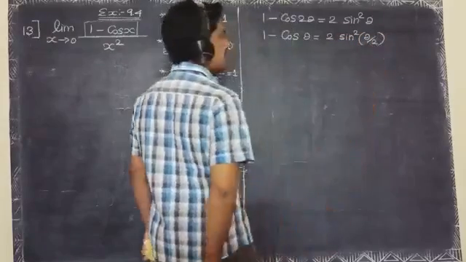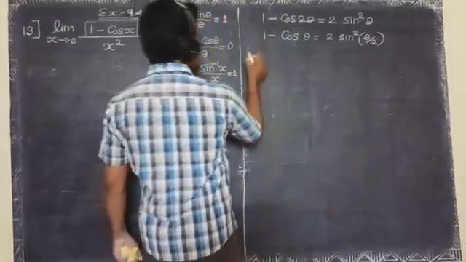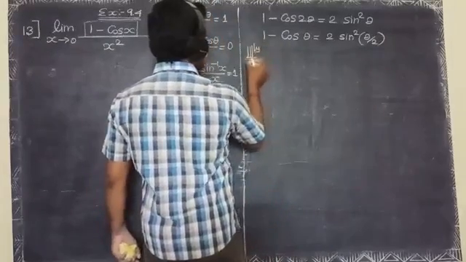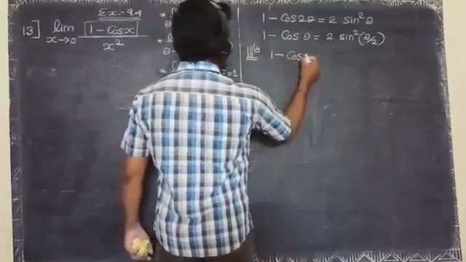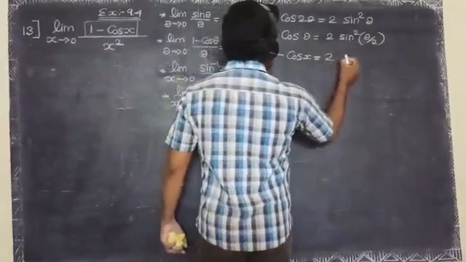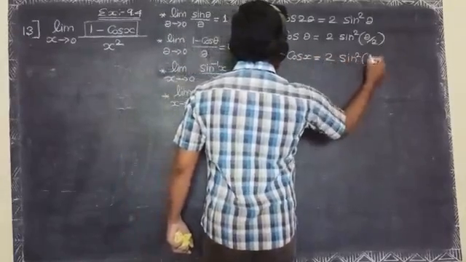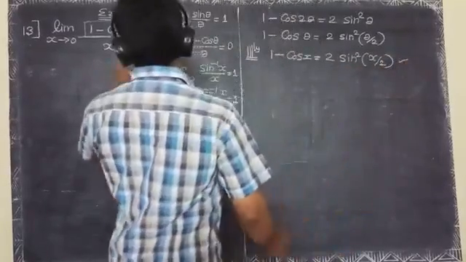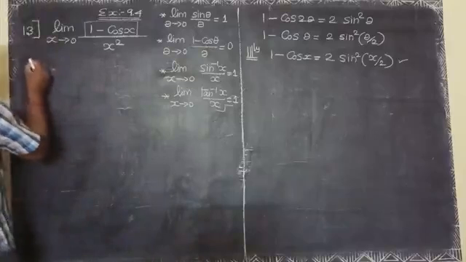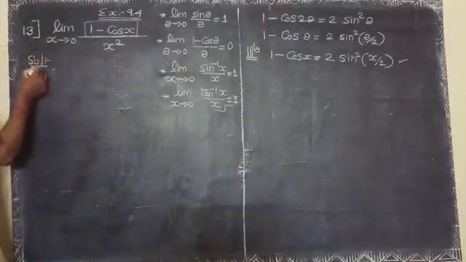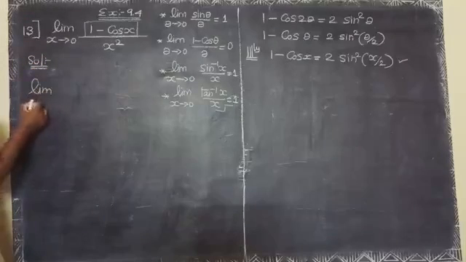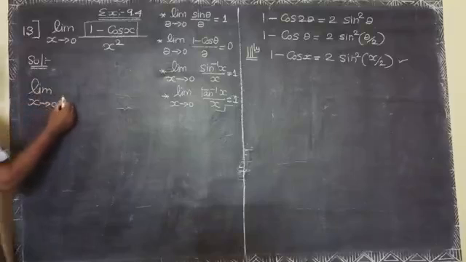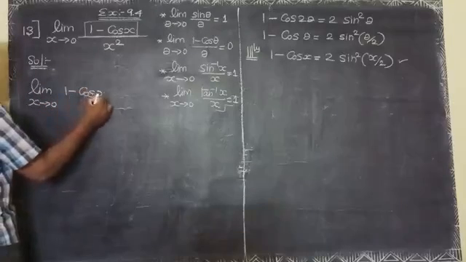In the same way, 1 minus cos x is equal to 2 times sin square x divided by 2. Using this formula in the given function, the solution: limit x approaches 0, 1 minus cos x